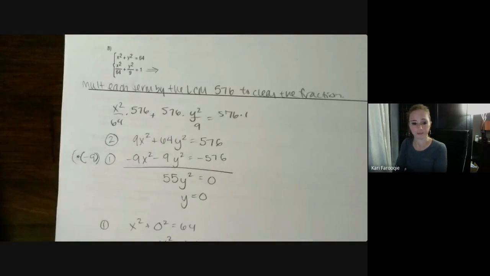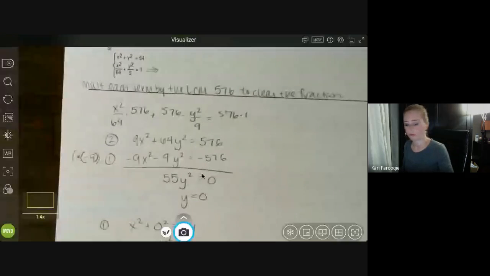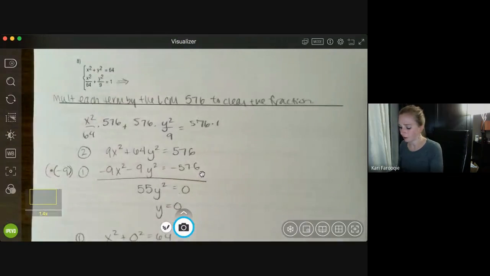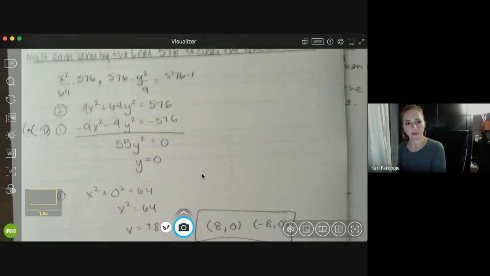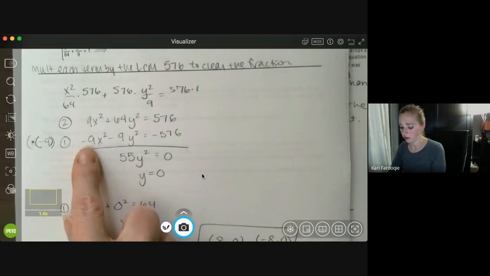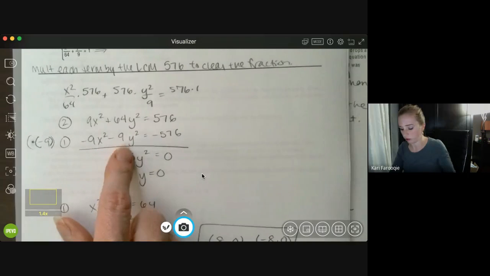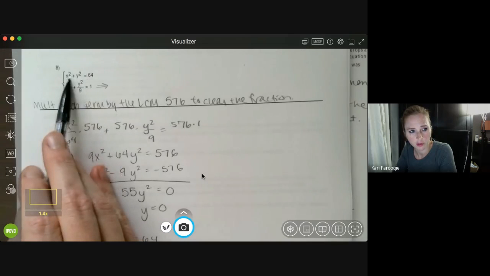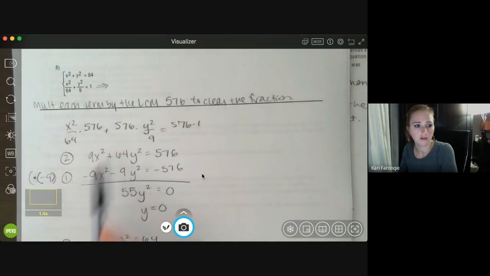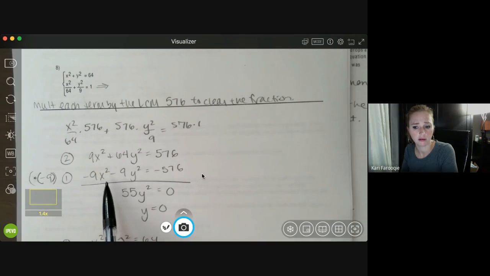Let's go back. It's a Google Meet problem. It's got to be. I've done nothing different. How did I get negative 9x minus negative 9y squared? Oh, x squared, y squared. I took the first equation up here and I multiplied every single term by negative 9. So the whole point was for equation 2, I had a coefficient of 9 on x squared. I wanted to get an additive inverse for equation 1 so that when I solved this using elimination,